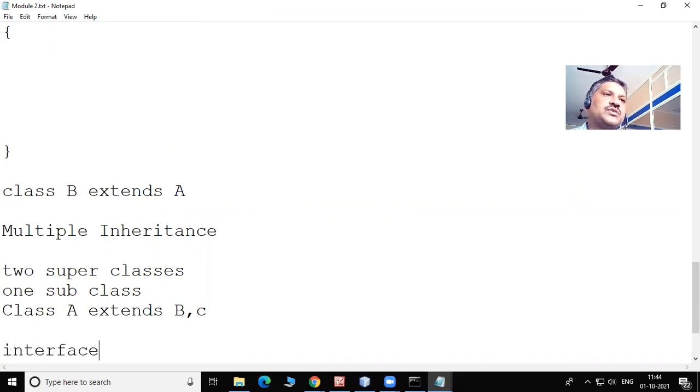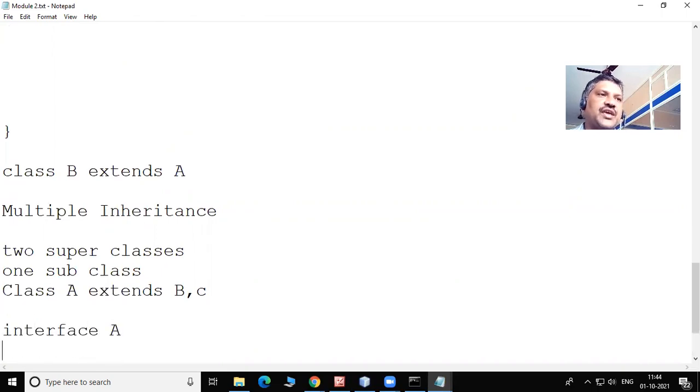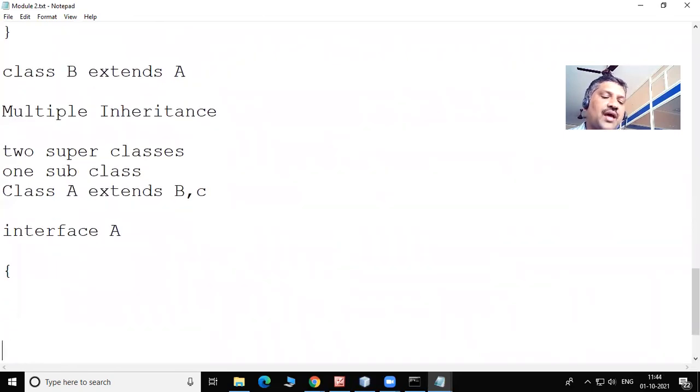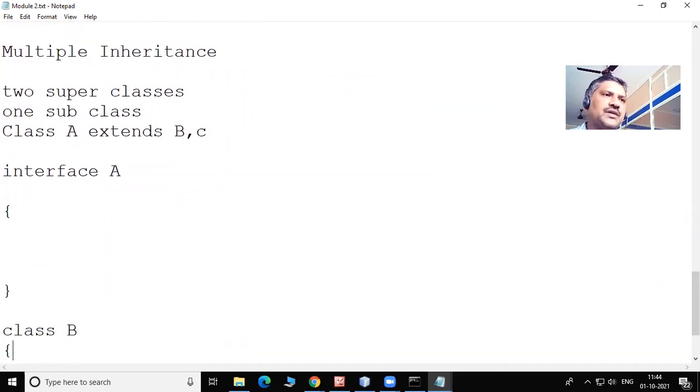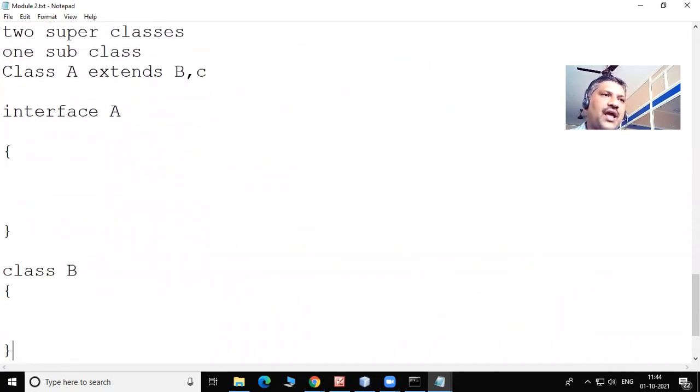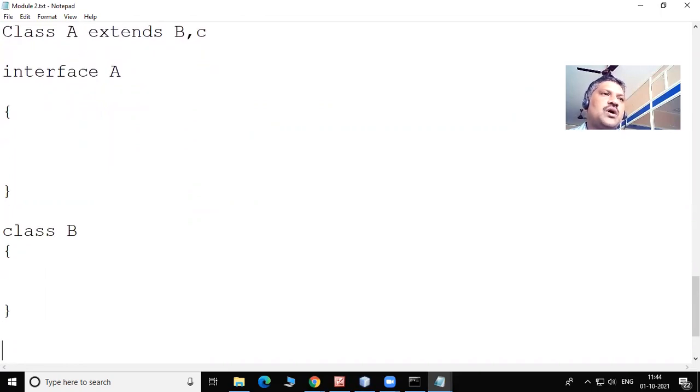So how am I going to do this? Here I have the interface A, and I put some members like this. Then I put this class B, an ordinary class, where I have my members. Now I'm going to write class C extends B and implements A. For an interface, I use the keyword implements.